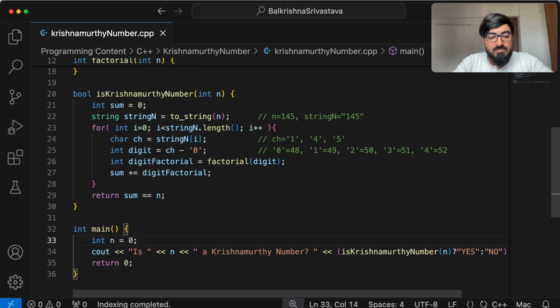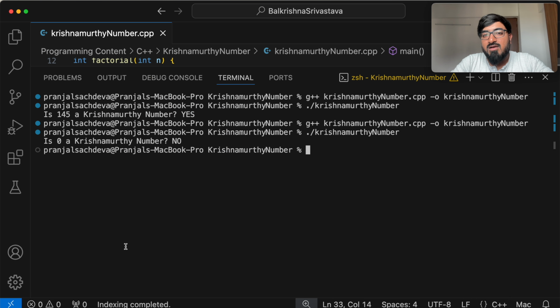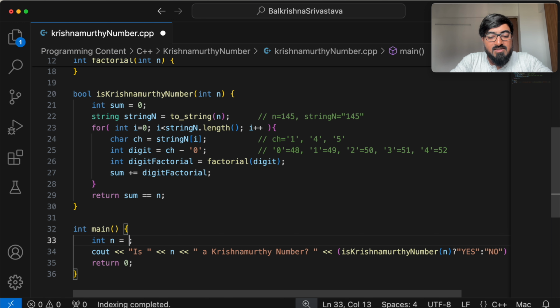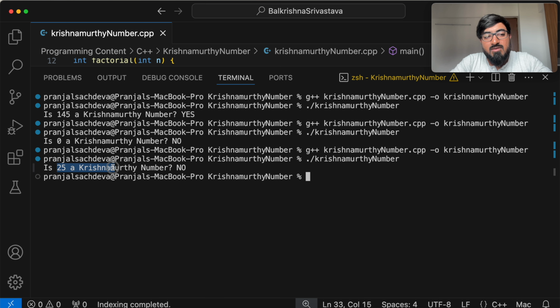Say 0. Now 0 is not a Krishnamurthy number because the only digit in this number is 0, so 0 factorial is 1, which is not equal to the original number 0. So 0 is not a Krishnamurthy number. Let's take another example, say 25. 25 is not a Krishnamurthy number because 2 factorial is 2, 5 factorial is 120, 122 is not equal to